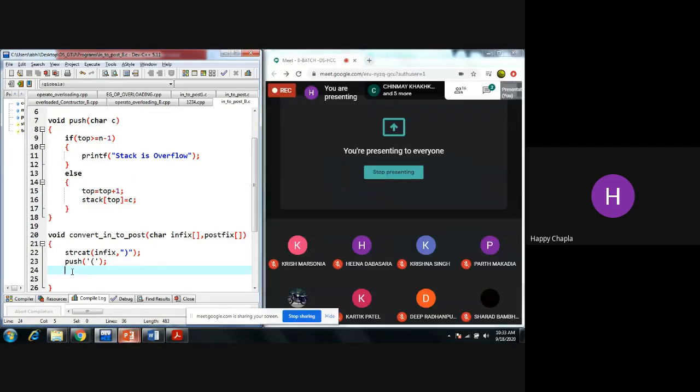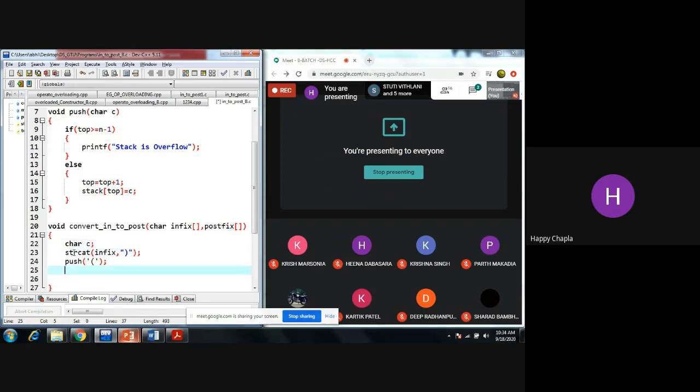So I first need to declare character C, and C equals whatever character is at the infix of zero position. You need to take that into C.